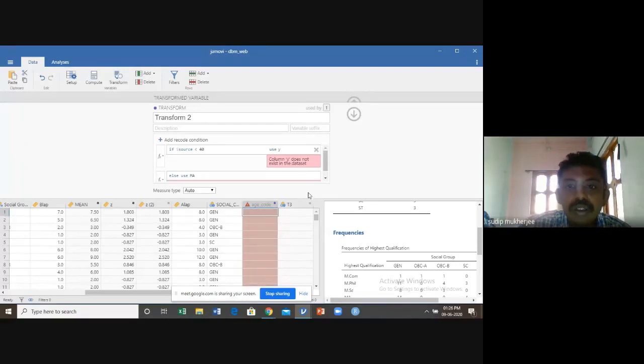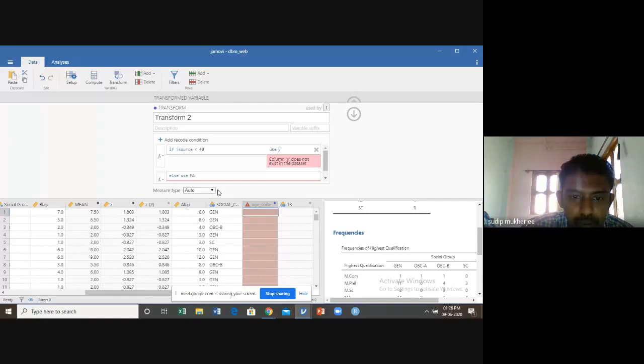I am not using old, I am using middle age. So if you click outside, what is the error? Column Y does not exist in dataset. Why does this error occur? Because we are not signifying the source variable. What is the source variable?